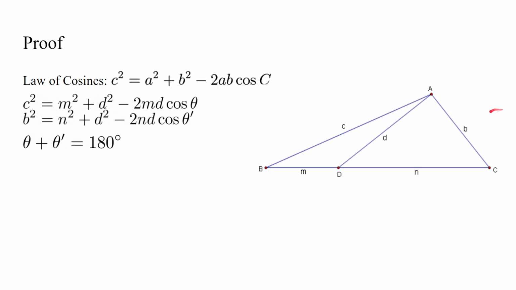b squared is equal to n squared plus d squared minus 2nd cosine of the angle in between them. We're going to call this angle theta, and then this theta prime. So ADC is going to be theta prime, ADB is going to be theta. One thing to notice about these two is that they are supplementary angles. They both add to 180. This is a good time where you could probably try to pause it, finish the proof,